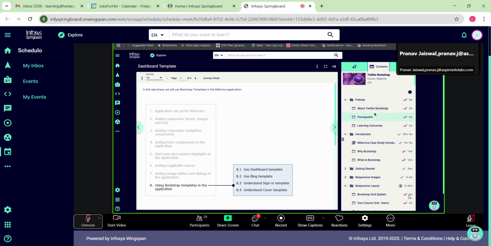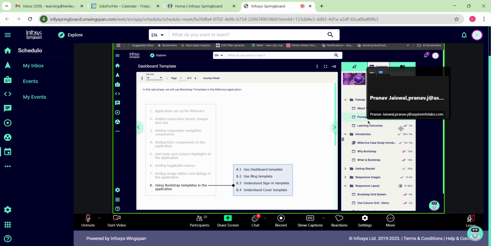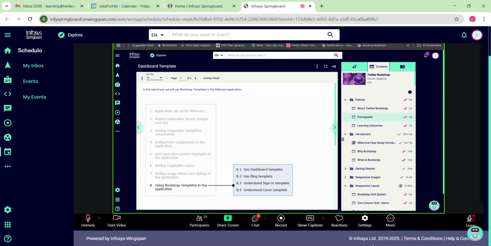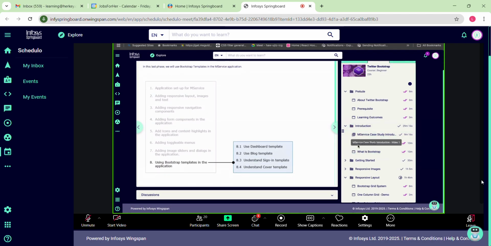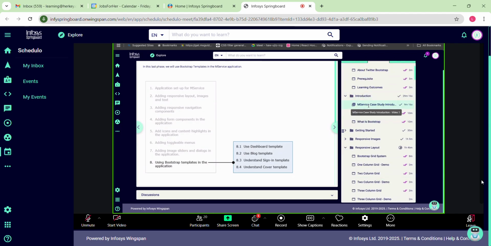How it reduces the development time, okay, by reducing the number of lines of code. What are the use cases where you will be using Bootstrap? I started the recording. Then we looked at the